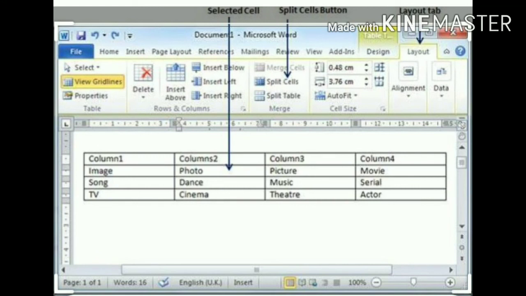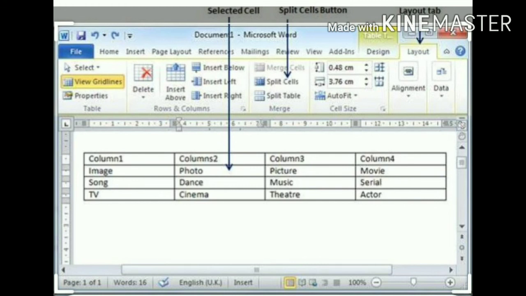Splitting cells. Splitting means dividing a single cell into multiple cells. This is the reverse of the merging process. To split a cell, follow the given steps. First, select the cell or multiple cells you want to split. Second, click the Layout tab.